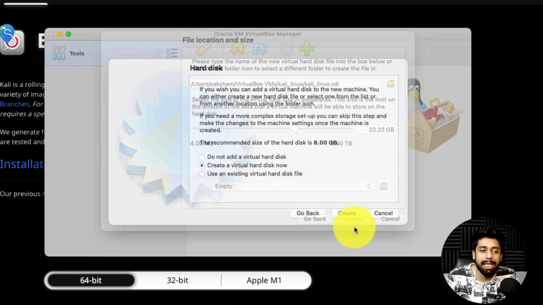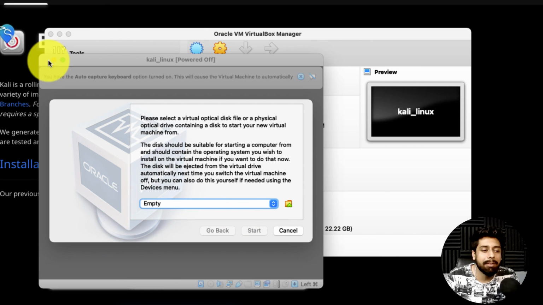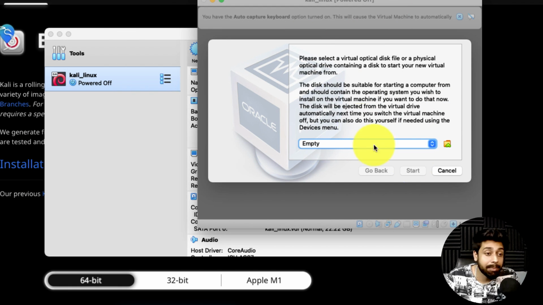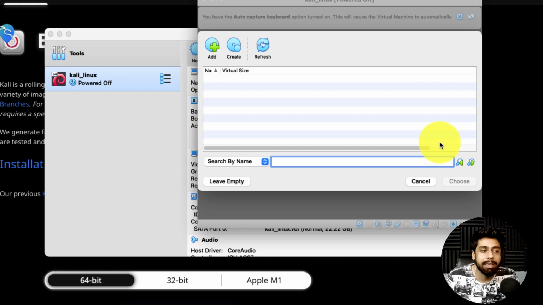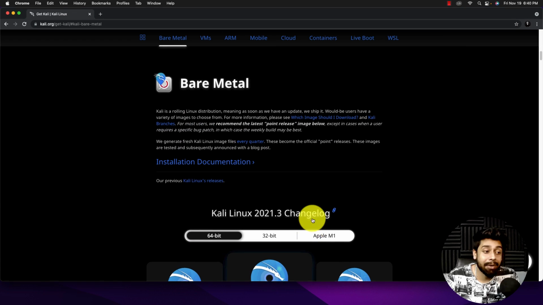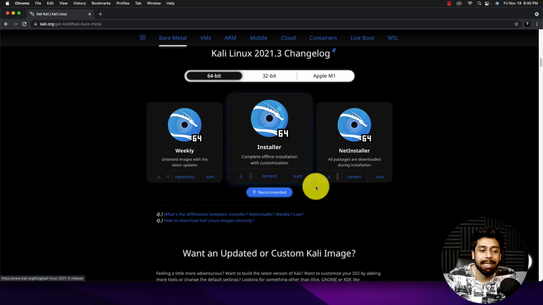You're going to click on create, and you can see that my Kali Linux is now powered off but ready to go. I'm going to click on start, and it will say that you have this empty file over there. So after looking at this empty prompt, you're going to navigate to where you have downloaded the bare metal 64-bit Kali ISO.